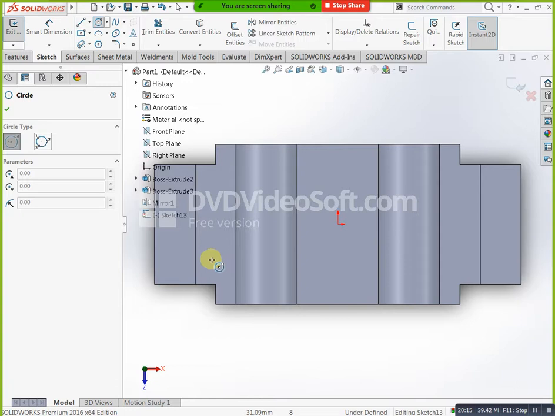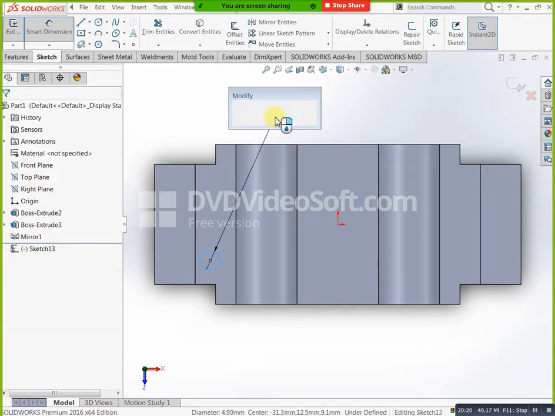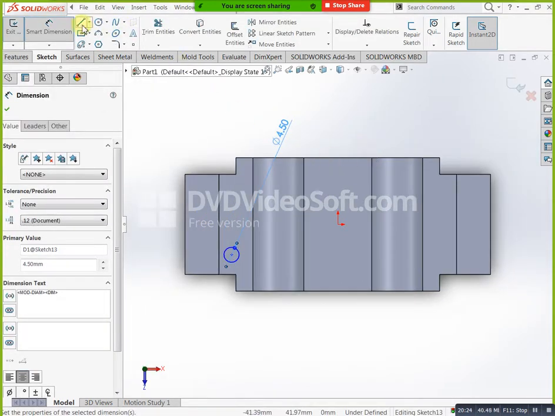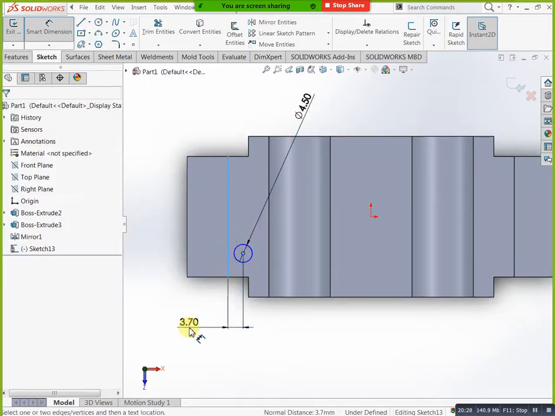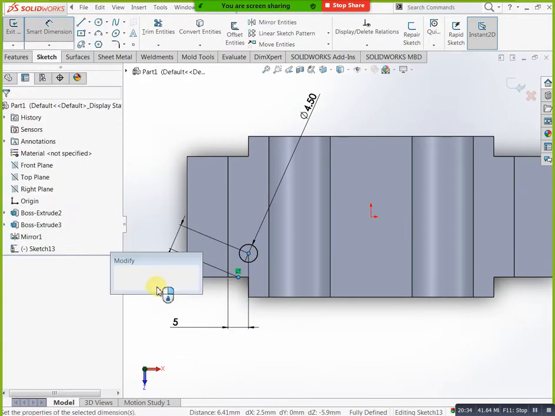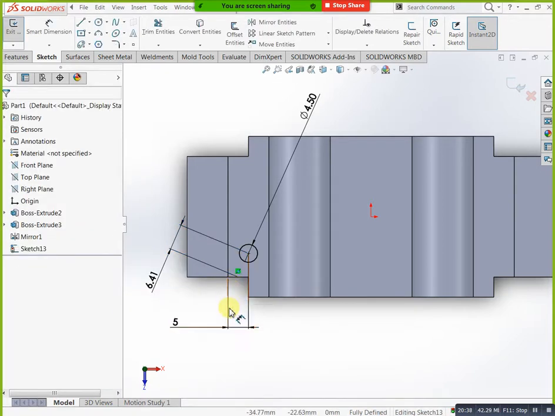How much? 7, no? Once you check, 7.5, you can make here 7.5. This one is 5. Okay. Now you can do finish, cut, extrude cut. You can mention depth 15 here.